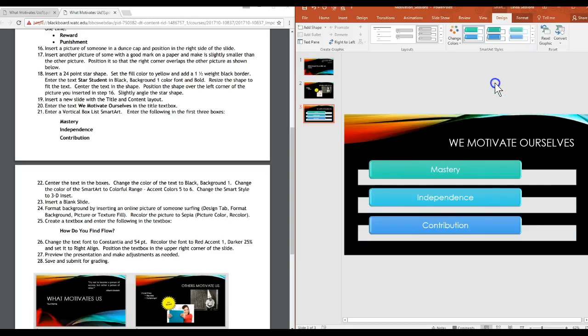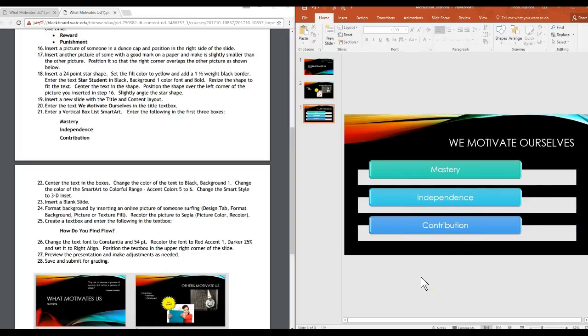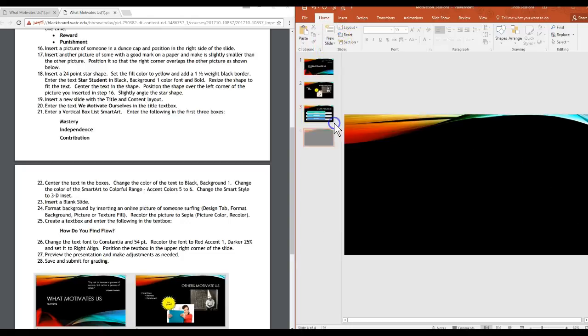So there I've got my SmartArt all entered in there. I'm going to save my document and I'm ready to insert a blank slide. So I'm going to go to New Slide, Blank,